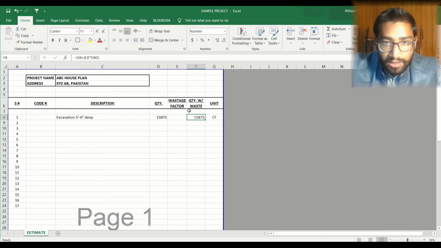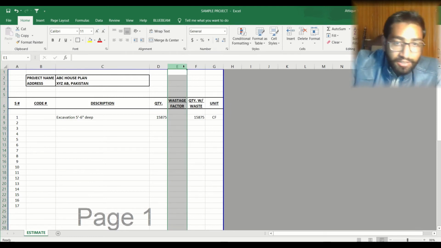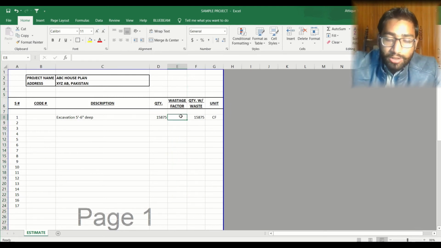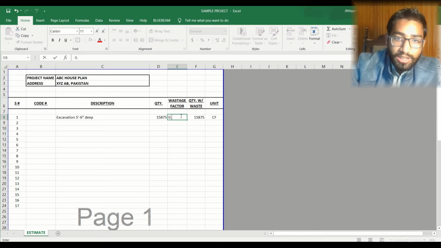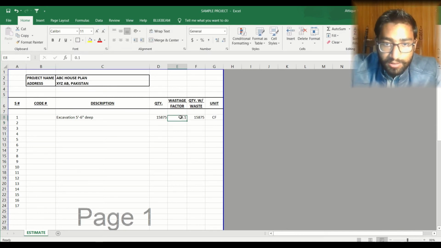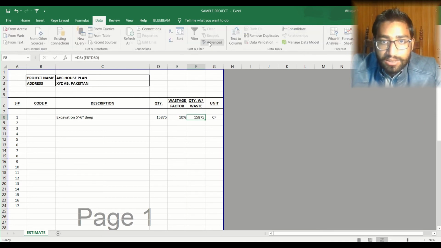Right now this cell is showing the same value as this cell because I did not add any kind of factor in here. Let's first say I am going to add 10% or 0.1. If I show it as multiples, let's see. The formula isn't working. Let's see what happened.